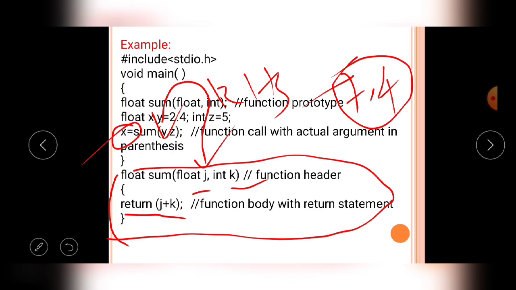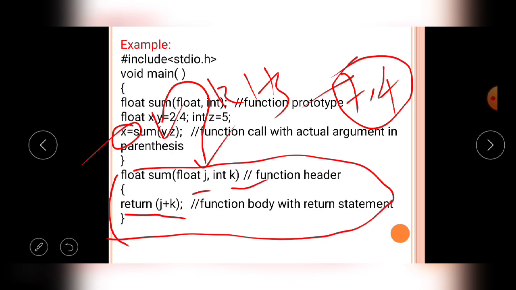If you write the user defined function prototype declaration, function calling and function definition in the proper manner, then the user defined functions are successfully executed in the C program.